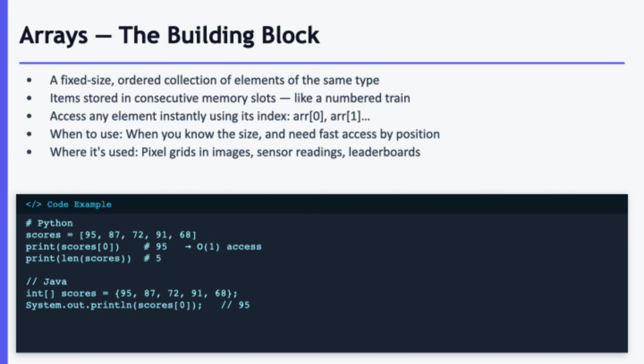Arrays are the basic building blocks. They are fixed-size collections where items are stored side by side in memory. You can access any element instantly if you know its position or index. In both Python and Java, accessing an item at a specific index is a very fast operation. You use arrays when you already know the size of your data and need to access things quickly by their